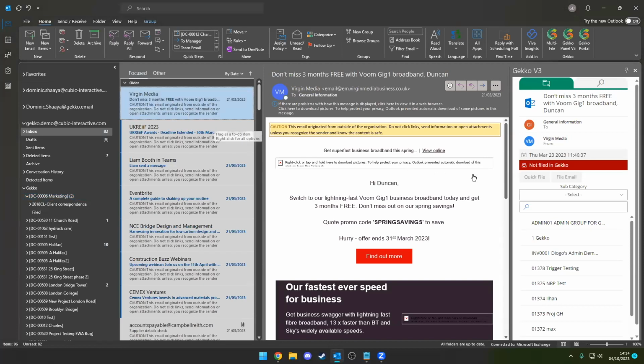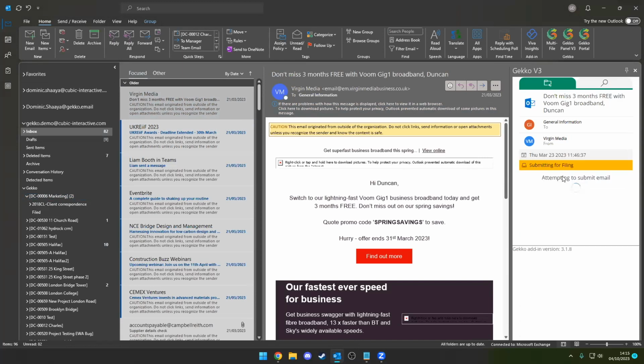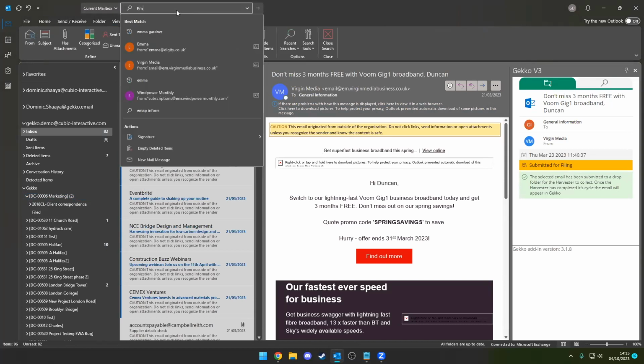Another great way to file it is using the Gekko panel on the right-hand side. So you can just go ahead and file straight to whatever project you'd like. And if you'd like, you can file it to multiple projects as well. This is a demonstration only, so it won't actually be filing. However, just to show you what it looks like when it does file,